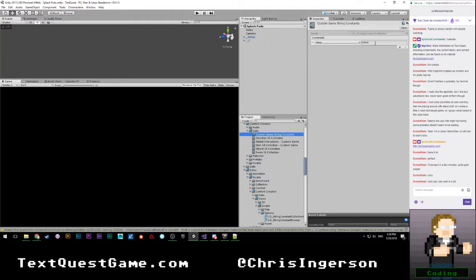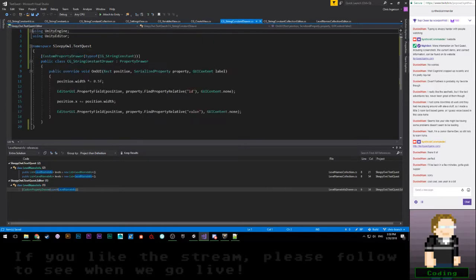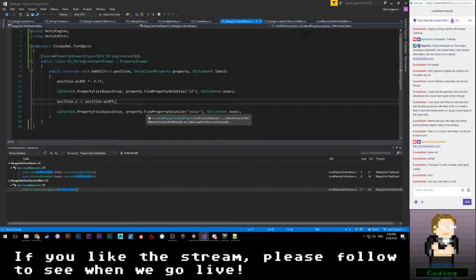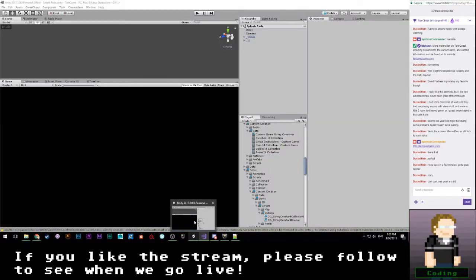I guess we want to change this value so that it kind of shrinks the actual display area here. That's really weird, but sure, why not? Constant drawer. So I guess we'll say something like position dot height minus equals, I don't know. Oh, of course you're not going to show it.